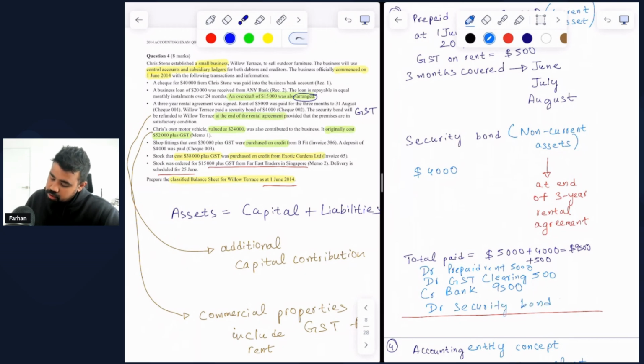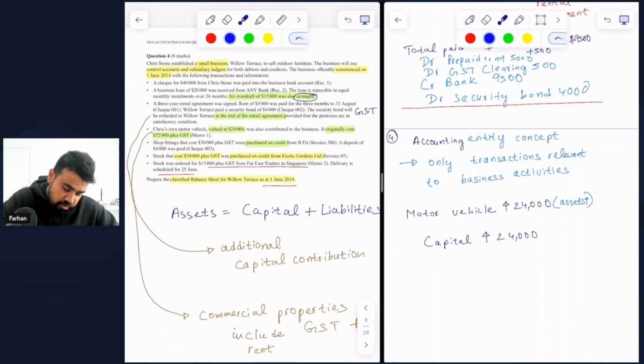So that is $4,000. I know we are supposed to write the credit entry at the end, but just because we didn't have any space. So debit prepaid rent, debit GST clearing, debit security bond, and credit bank. All right. So this is how you would have formed all the journal entries for debits and credits. So let's move